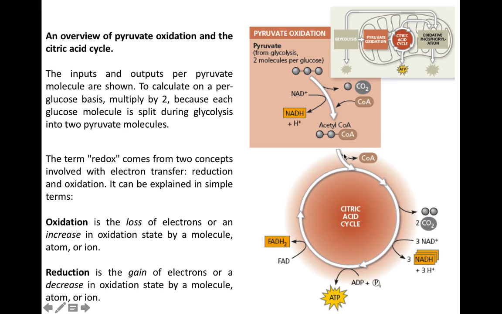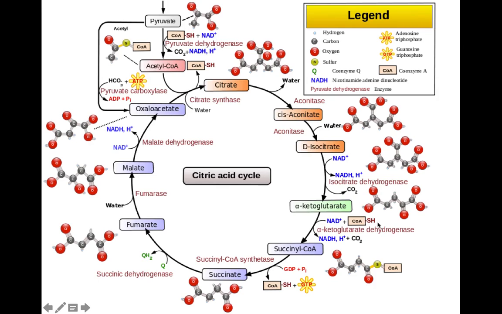Now this acetyl coenzyme A enters into the citric acid cycle and goes through the citric acid cycle and is converted into different types of compounds. We have this detail on this slide. You can read it yourself. So acetyl coenzyme A is converted into citrate, and then cis-aconitate and isocitrate and so on, and succinate, fumarate, malate, and oxaloacetate. And during this process, at various steps, the compounds are being oxidized, and NAD and